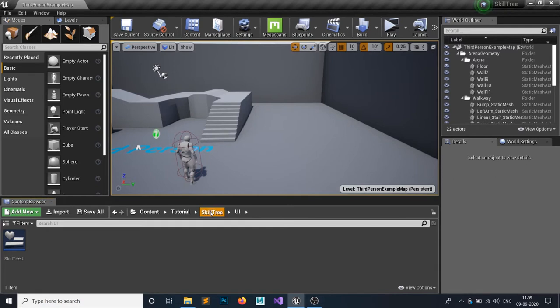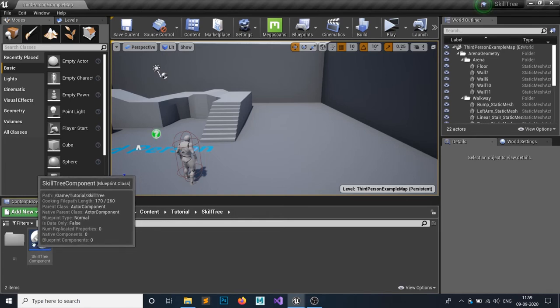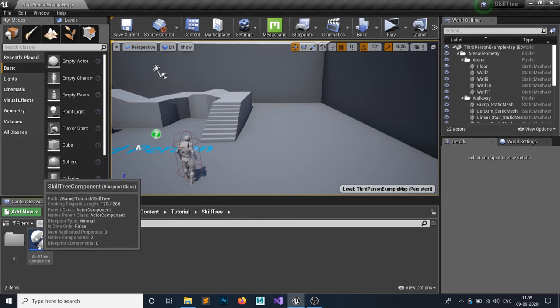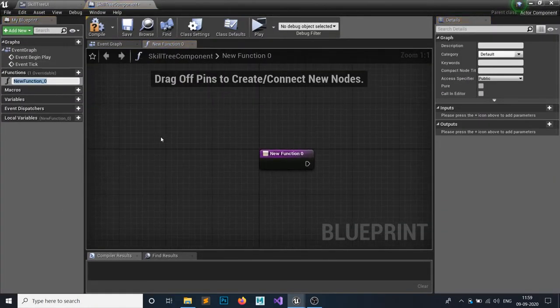So how are we gonna spawn the skill tree? You can code this entire widget in your player or game mode or whatever, but I'm gonna code this all in our skill tree component. So if you want to migrate it, it won't be a problem. You won't want to code that all again. So open your skill tree component, and let's make another function, and the function would be toggle widget.